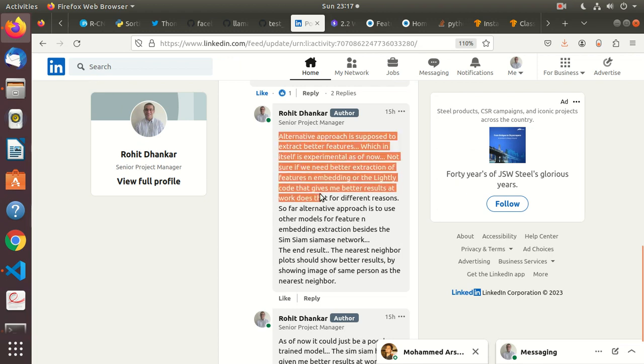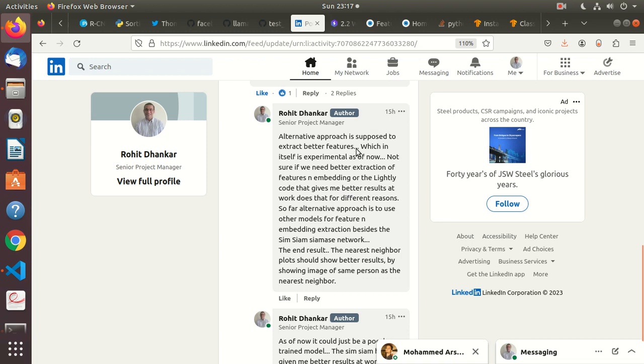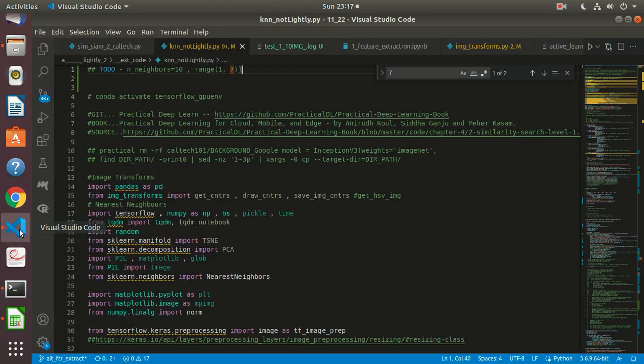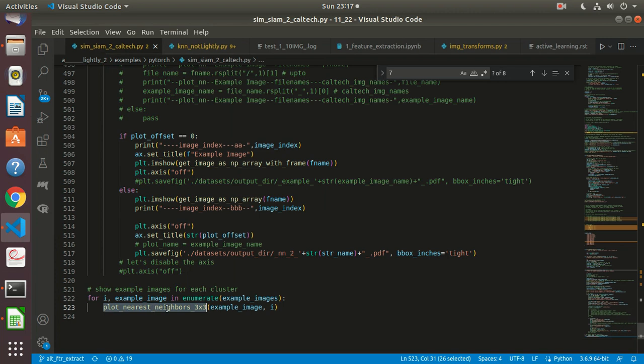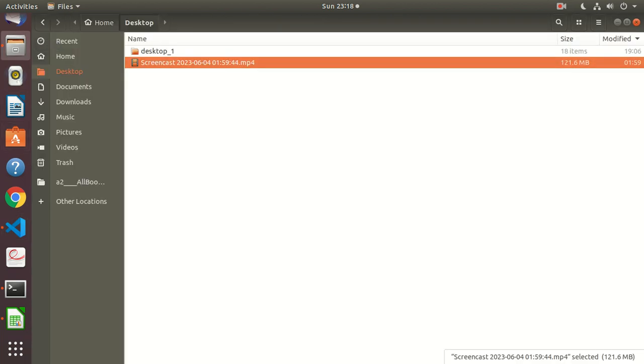So what I'm saying is the alternate approach is supposed to extract better features. And here itself, somebody should question me. So, what exactly are better features? What do we mean by better features? I myself don't have the definition as of now. And because I don't have the definition of better features, I thought that the lightly code was failing. So, what is happening over here? In the end, I'm not getting good nearest neighbor plots and everything. And that is the reason I thought that